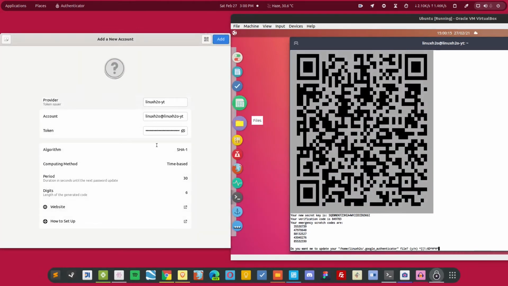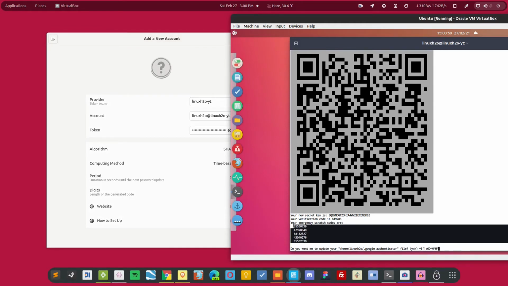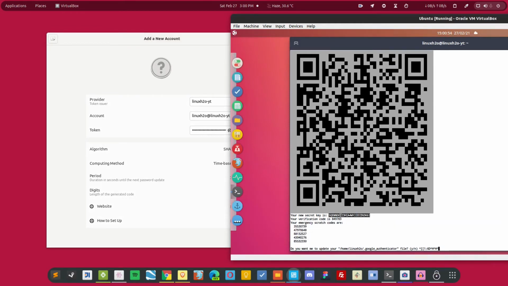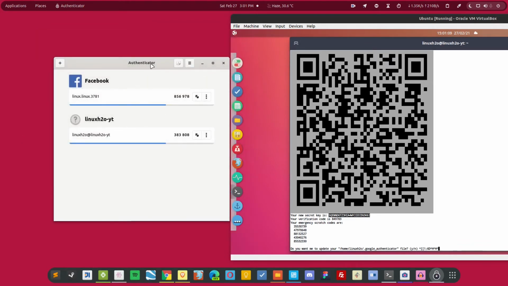Now as you can see, it has detected all the details that are required for the authentication. Do not do this on your system. I'm doing this because this is on a virtual machine and not on my system, so I can easily get the code. But if you do it on your primary desktop then you won't be able to log in without the codes, so that could be an issue. One more thing you want to do is copy these emergency codes somewhere physically, and this key as well, so that you can easily recover your system. Then click on this add button, and this has set up the two-factor authentication.